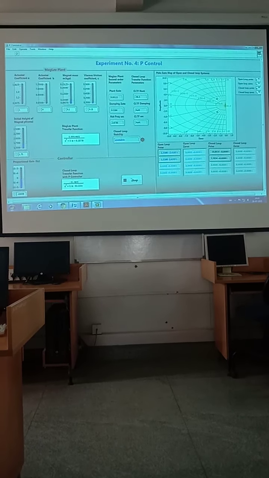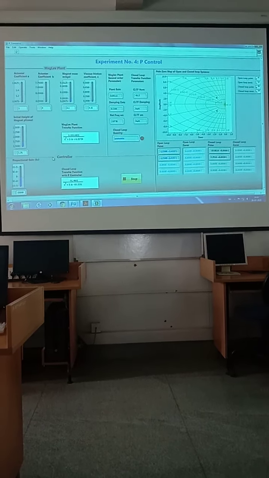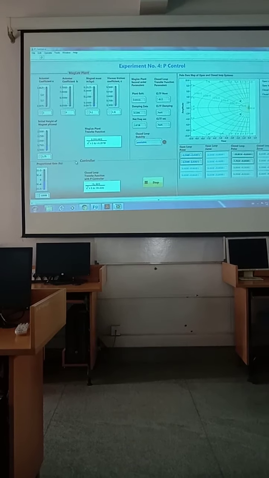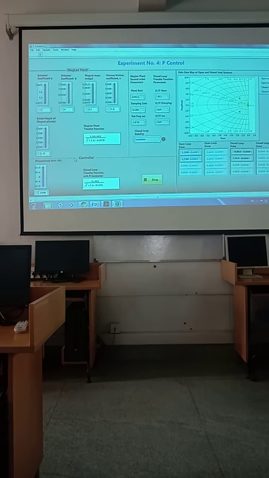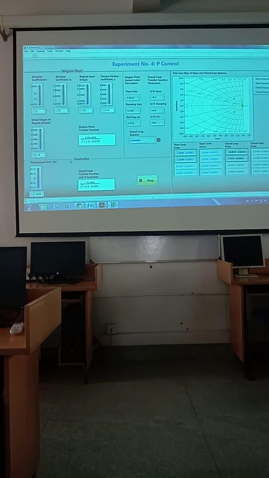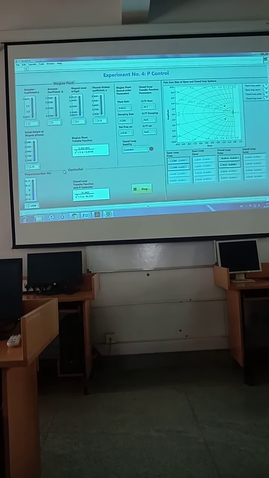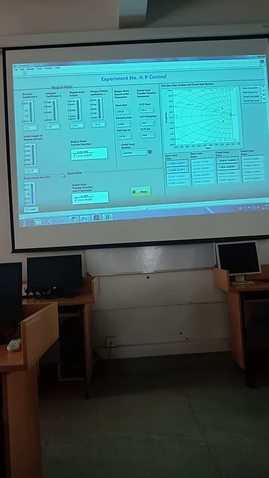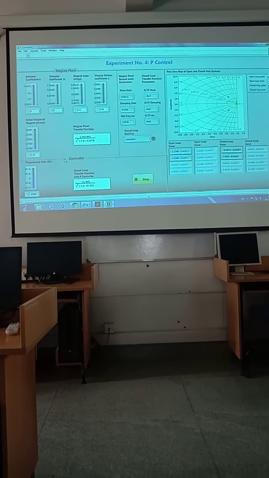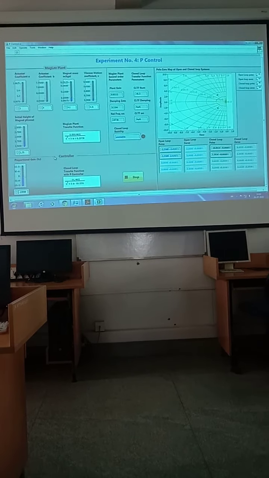Okay, so this is about the experiment. All the parameters will be given to you. You have to enter all those parameters, and finally check whether the system is stable or not. That is one thing. And for larger negative values, even that value will be given to you. The choice will be made, and appropriate values only will be given to you. For those values, we have to identify what is happening and tell.